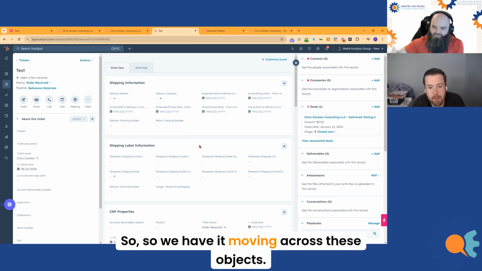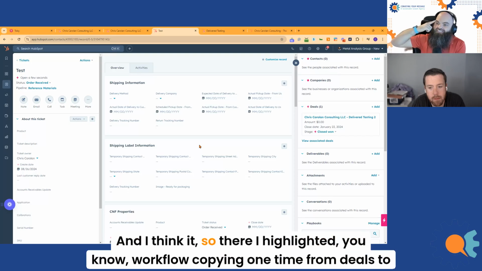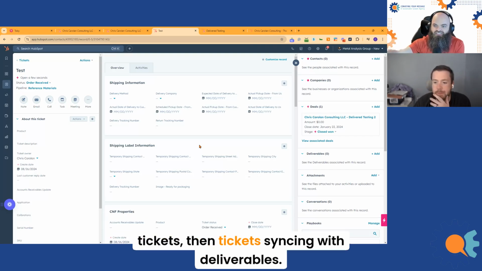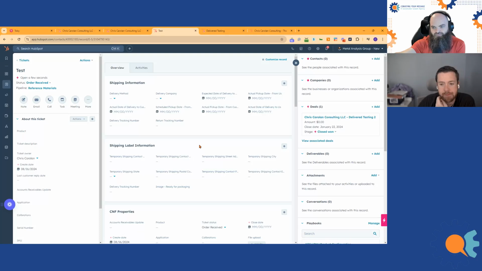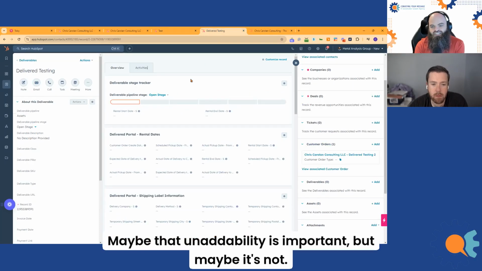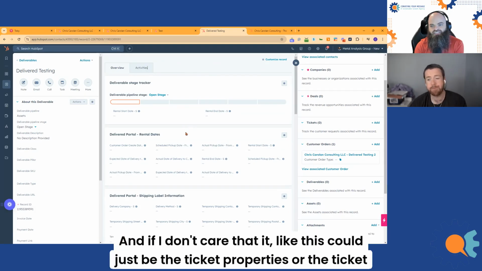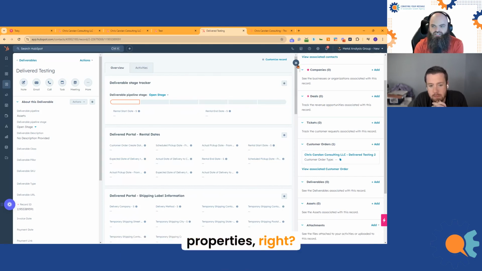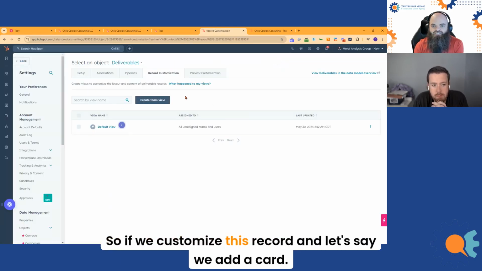So we have it moving across these objects, and I highlighted the workflow copying one time from deals to tickets, then tickets syncing with deliverables. Now, maybe that uneditability is important, but maybe it's not. And if I don't care, this could just be the ticket properties. So if we customize this record,